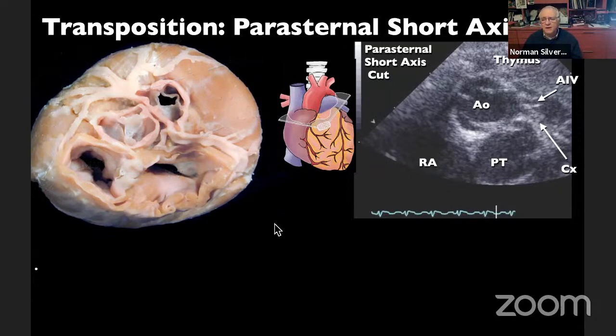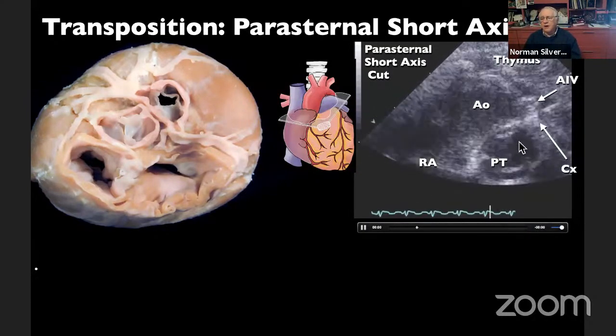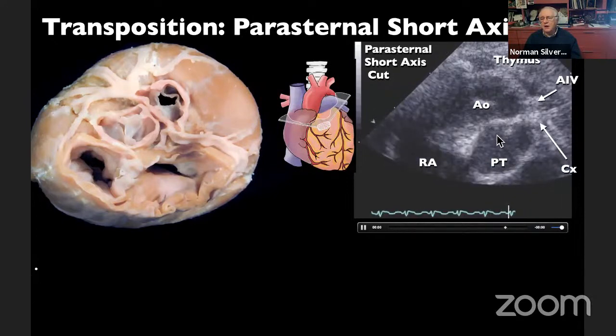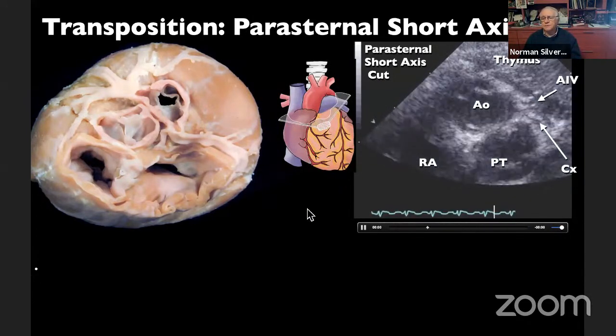The same is identified on the aorta, but here only the anterior interventricular and left circumflex arteries are seen arising from the rightward positioned aorta in front of the pulmonary trunk. There's the right atrium, and here is the motion picture, and you can see the coronary arteries very clearly arising from the sinus here.